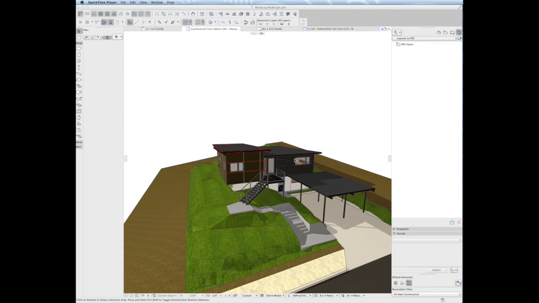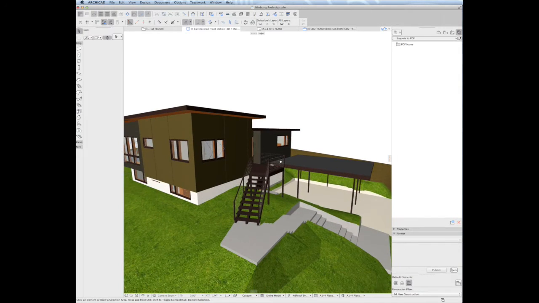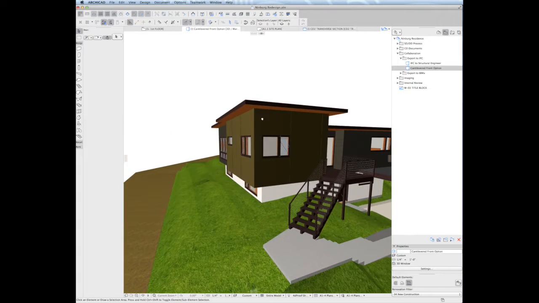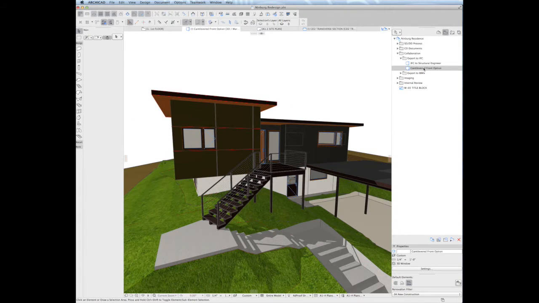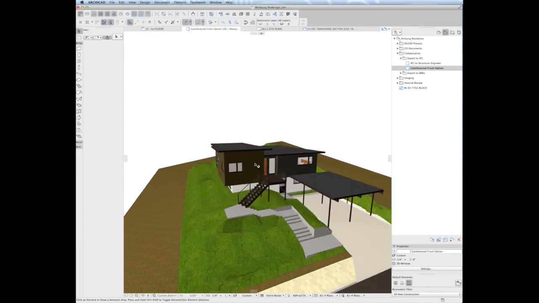Hi, we're going to be talking about IFC today, and I want to point out a few important things about saving an IFC file. The first thing is that if I go to my view map here, this is a remodel project I'm helping out on, I have a view saved in the view map so that I have the correct content, I've got the correct layer combination, view settings, renovation filter, so that I know the model is going